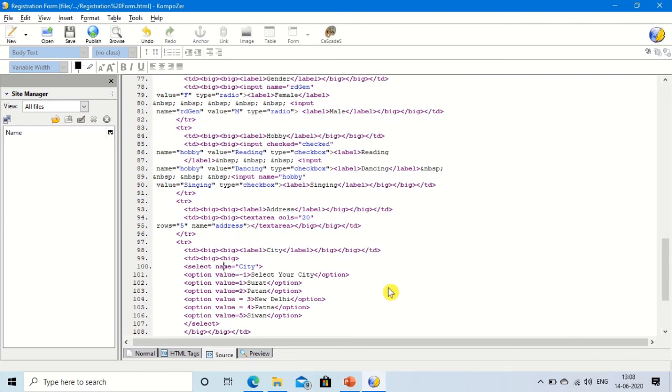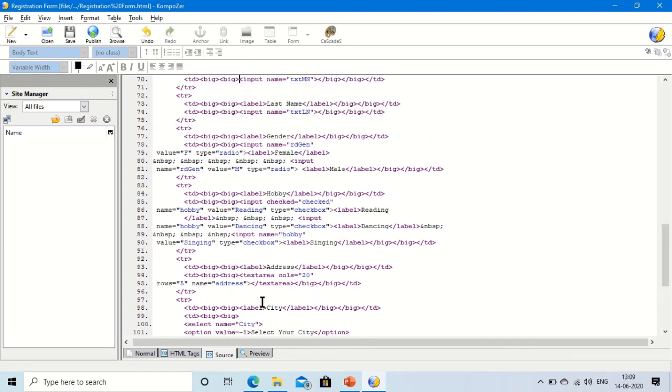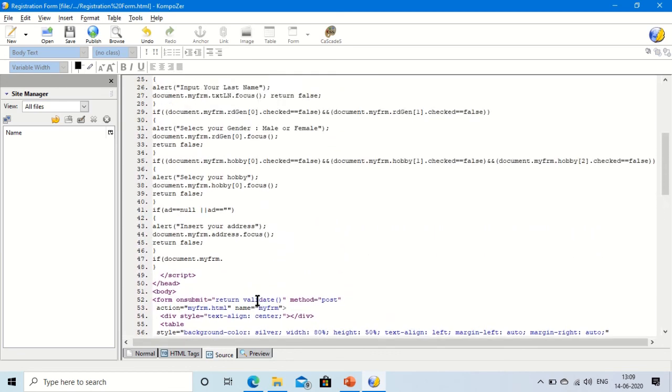The name is CT, and make sure that the letter C especially should be capital. So copy this, go back and paste it. That is the name. Paste here. Dot value is equal to -1.